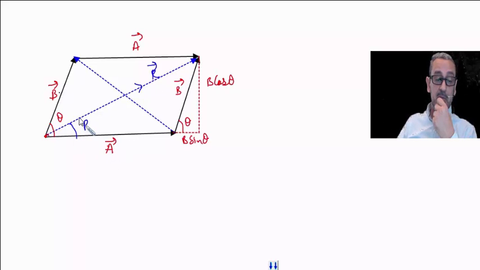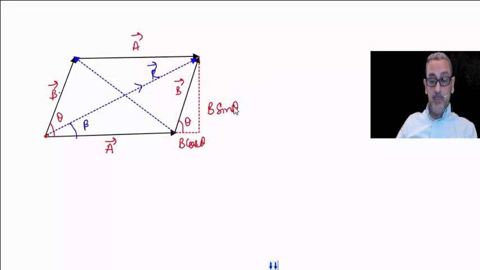Let us assume that this resultant vector makes an angle beta with the A vector, because I will be in a position to find the magnitude as well as direction, that is, how much angle it makes with the A vector. This is B sin theta and this is B cos theta. Sorry, it was otherwise, it is a mistake, just correct it. This is B sin theta and this is B cos theta.